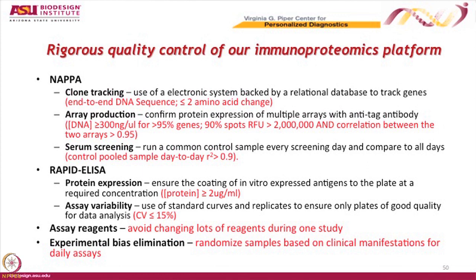Okay, and then when we do serum screening, we run the common control sample. I mentioned to you that already, and we show that from day to day, the correlation is better than 90%. If we're doing a rapid ELISA, then we make sure that we have at least that amount of protein concentration when we make the proteins. And then we make sure that the assay variability has a CV of less than 15%. And then these other things are basic